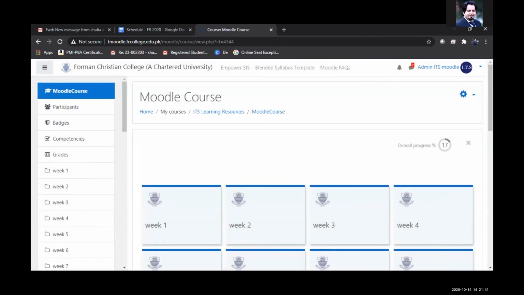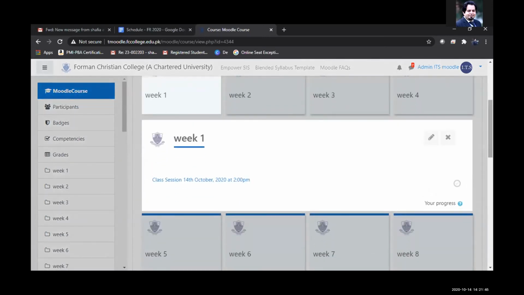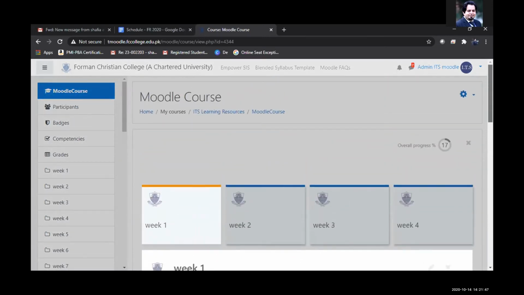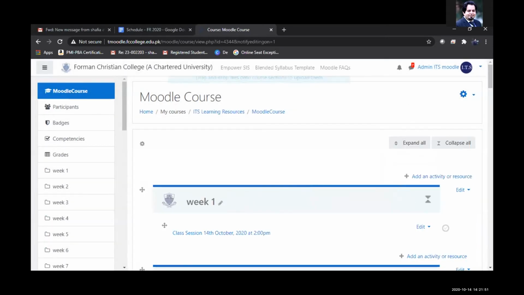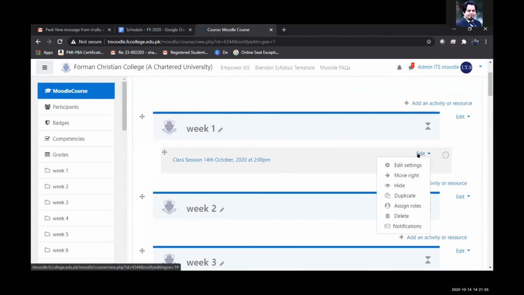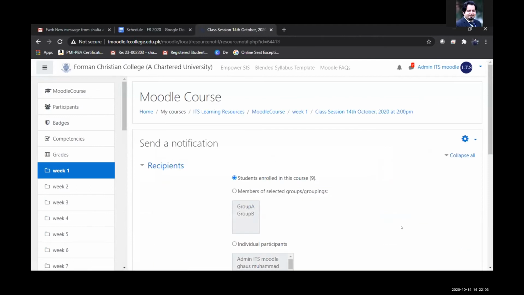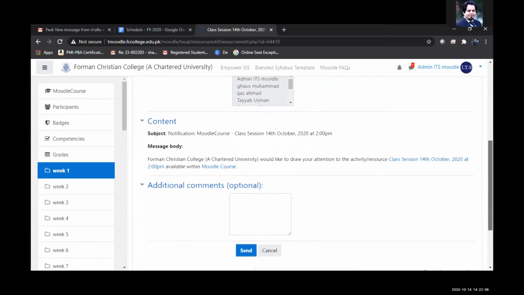Okay. So we have created the link in week 1. So the first thing that we are going to do is we are going to turn the editing on. And then we're going to click on edit. And the last option is notification. So I'm just going to simply select this notification. All my students by default are selected for the notification.